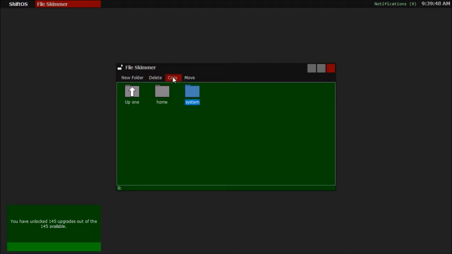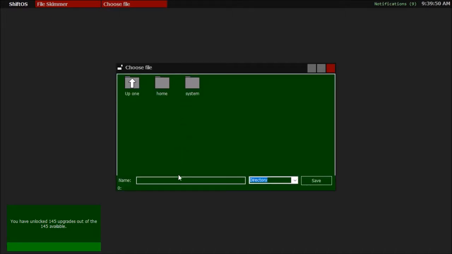So if I wanted to copy the system directory to... not a system, a new file saver feature is you can now specify folder names if you have the directory item selected in this file extension box. That was not there before. Now it is, so if I wanted to